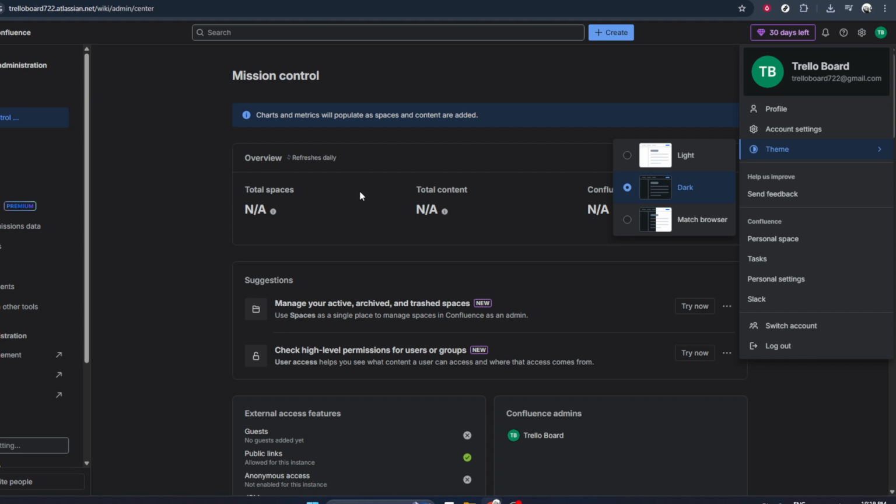That's all you need to do to enable dark mode in Confluence. With just a couple of clicks, you can create a more